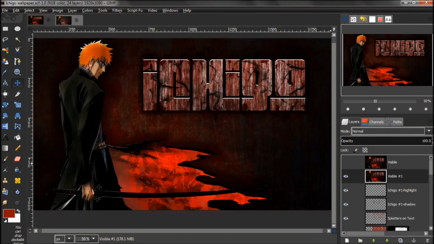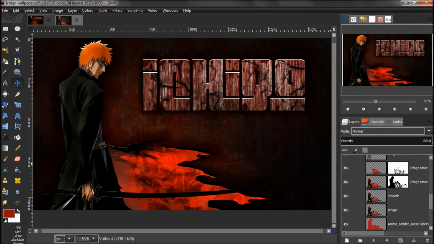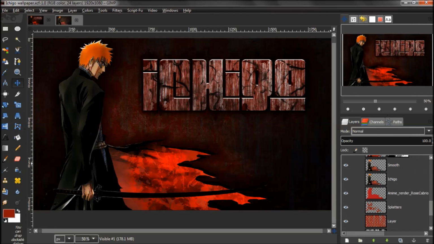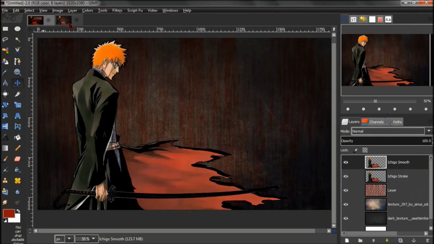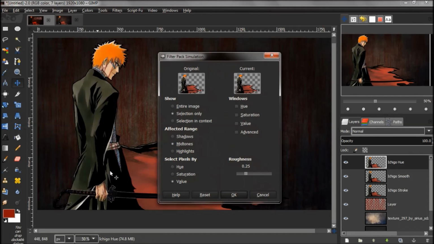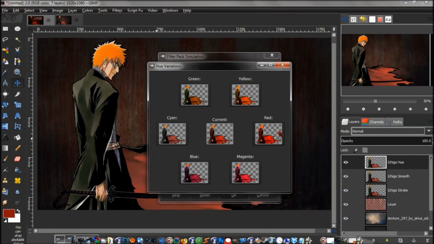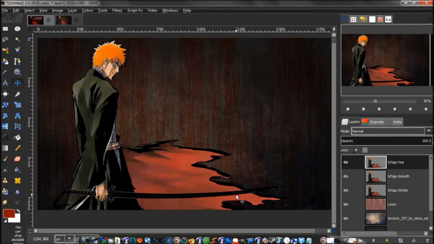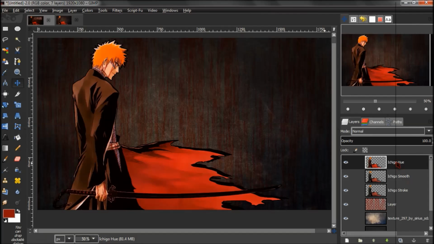Okay, and just like over here, I named them the same thing, I think. Yeah, I named Ichigo and then smooth, and so we're going to go ahead and duplicate him again, and this one we're going to name Ichigo Hue, and we're going to go up here to colors, and then down to filter pack, and then we're going to click on hue, and we're going to go more red, and then we're going to press OK. And make sure we go to layered image size on these,